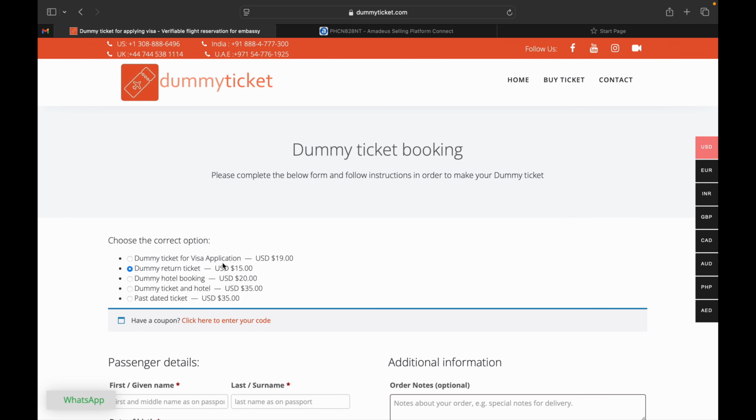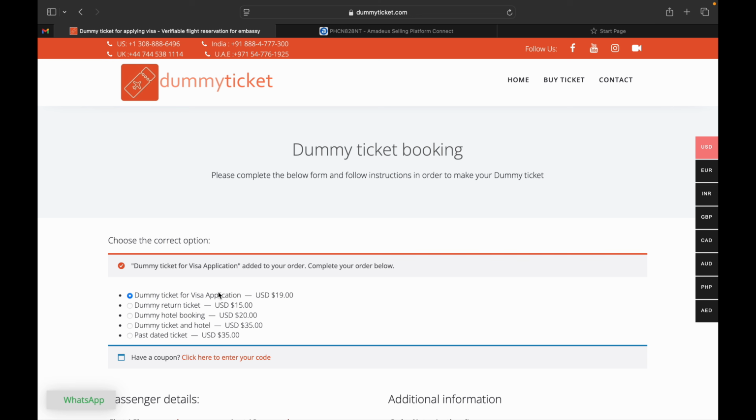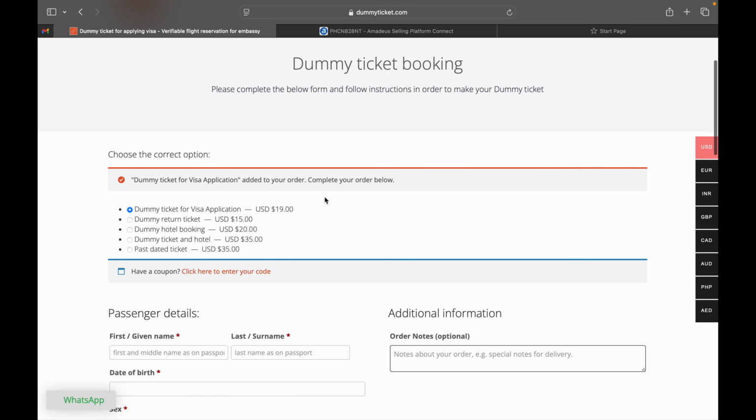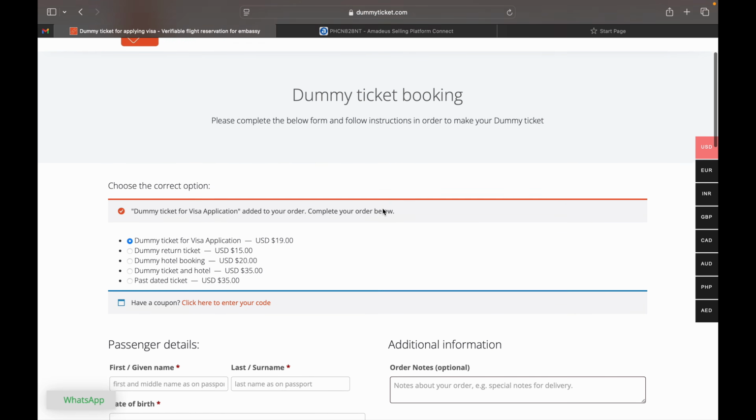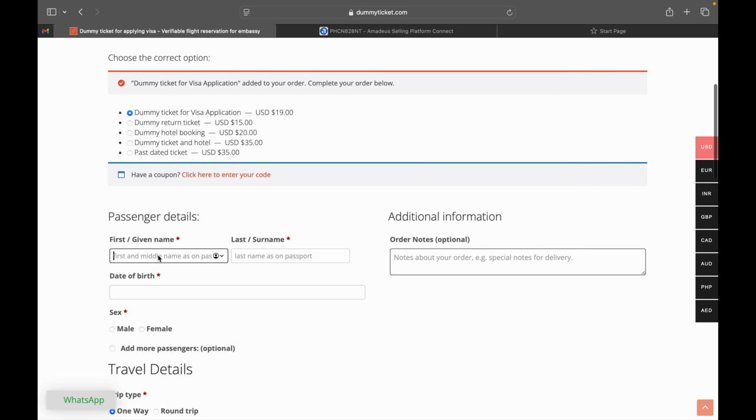Again, dummy ticket for visa application is $19, dummy return ticket $15, dummy hotel booking here $20, dummy ticket and hotel $35. So our concern is the dummy ticket for visa application. It has been added. Now you're supposed to provide your information, where you put